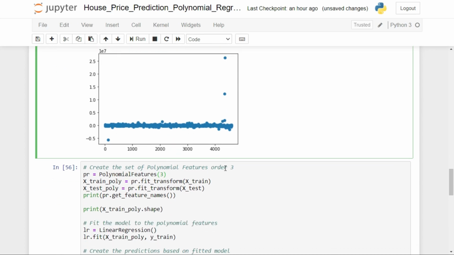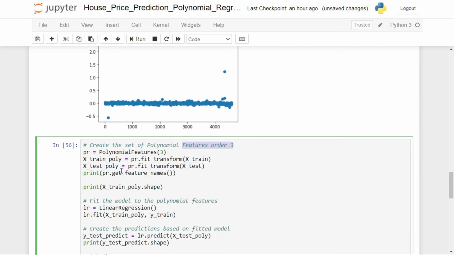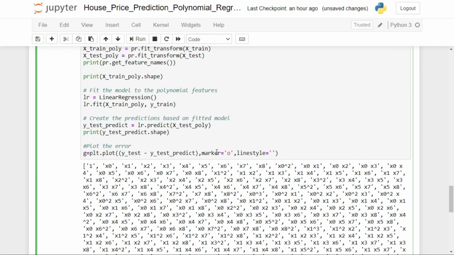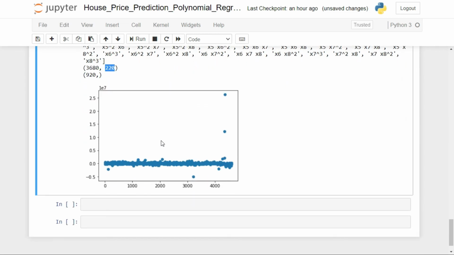Now I'm going to perform the same procedure again for generating polynomial features of order 3. You can see the same code, and now you can see the shape of this. With order 3, it is generating 220 polynomial features. This is pretty high. The code almost remains the same, and you can see that the error is pretty close to 0. So it also shows that our prediction function is right, and it is predicting the right values for the prices of the house.